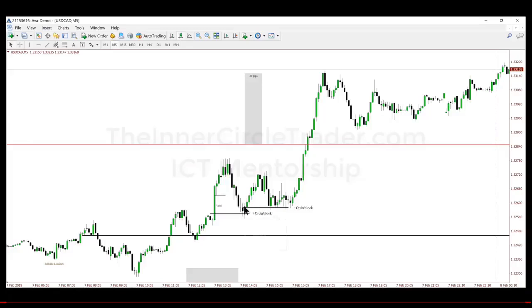Now, if you looked at this entire movement right here, that is a price action model. That could be your price action model. I'm not stating that it should be. I'm just emphasizing that that's how simple a model creation is. If you can see this formation here, that is your model.